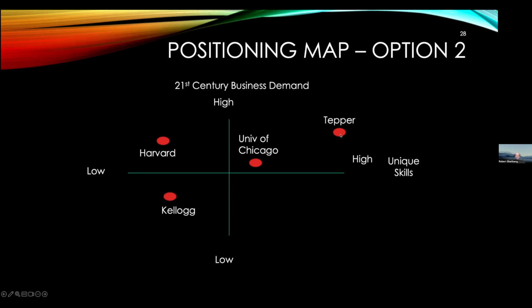So this is an example of trying to figure out what our positioning is and who we are going after. If we think about it, this is a critical decision that the dean's office has to make. They have to decide what kinds of programs we are offering in the marketplace. Now, when you think about a school like Chicago, Northwestern, Harvard, Stanford, et cetera, they're very large.